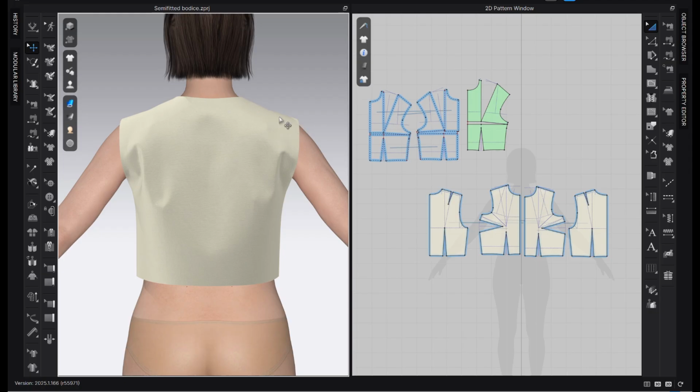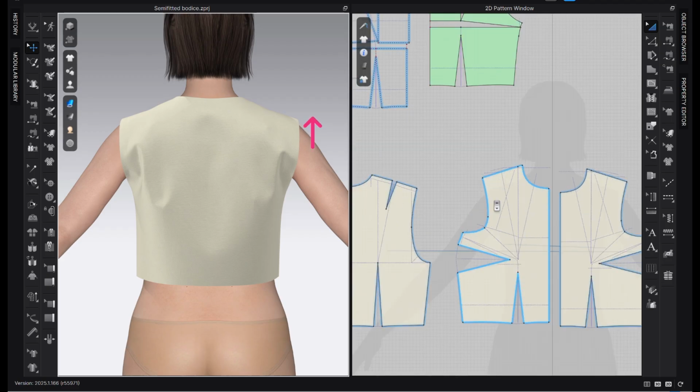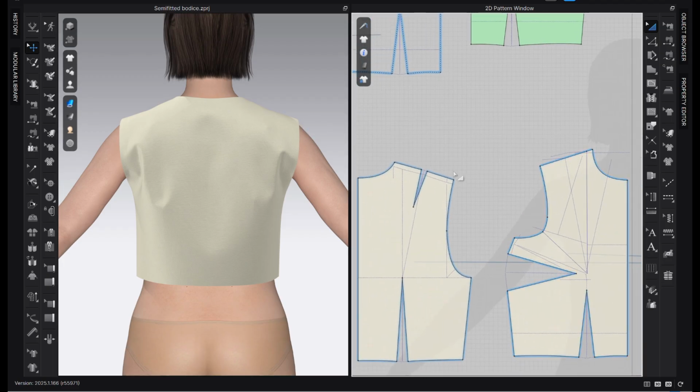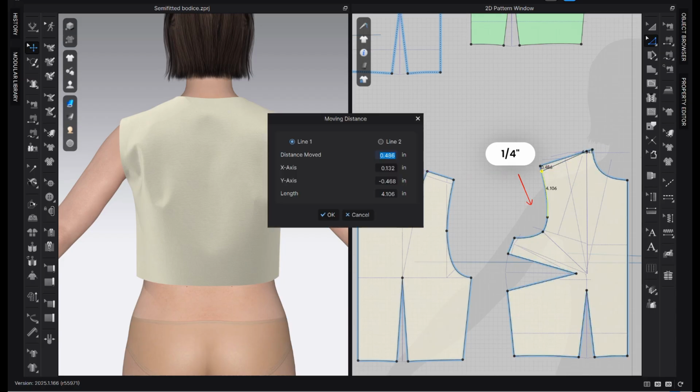The angle of shoulder looks fine here, but it seems a bit high when it reaches her low shoulder point. So I want to bring down my LSP, or low shoulder point, by 1/4 and see what happens in our garment. So with the edit pattern tool, I click and drag this point down by 1/4